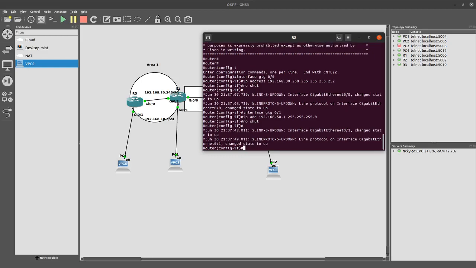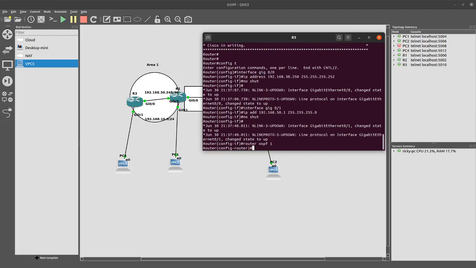Then we need to configure our routing protocol. So I'm doing router OSPF. You can put any process ID, it doesn't matter, I can put one here. The process ID doesn't need to match, but you must match areas to establish the neighbor relationship and exchange LSAs and everything. Then we add the network